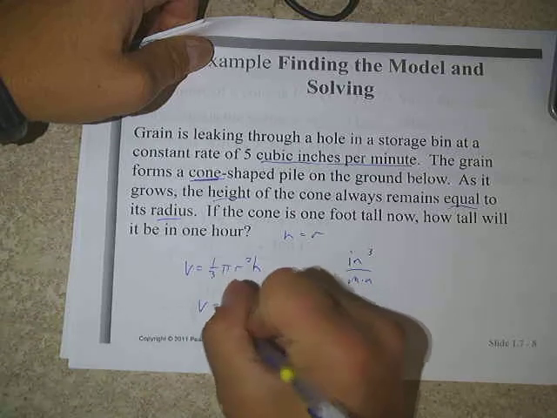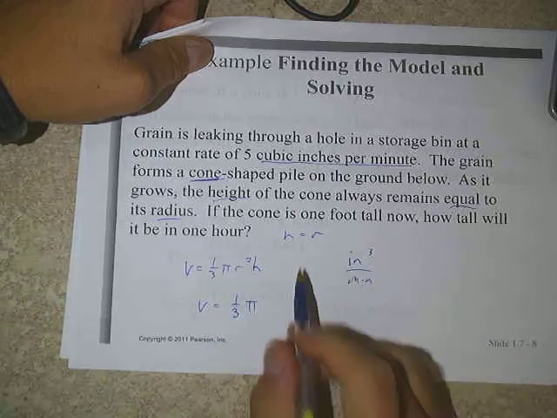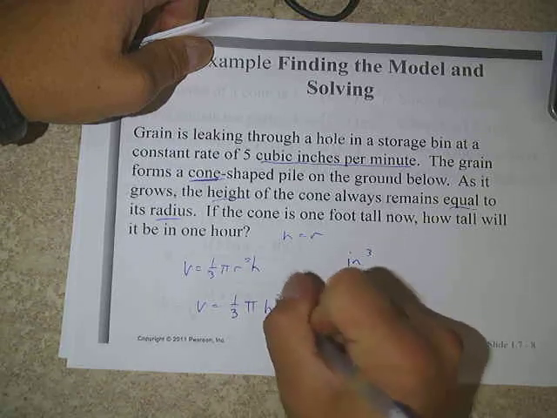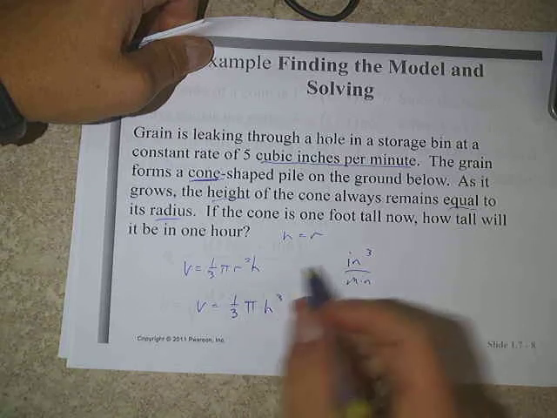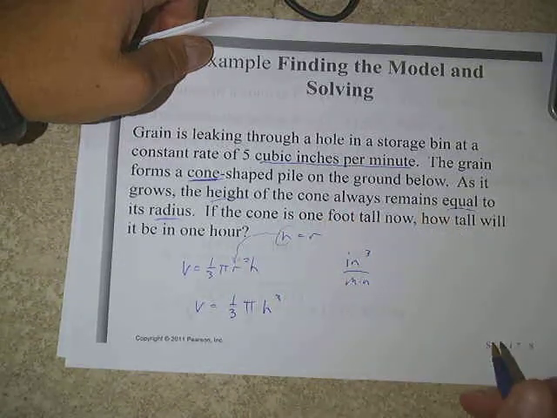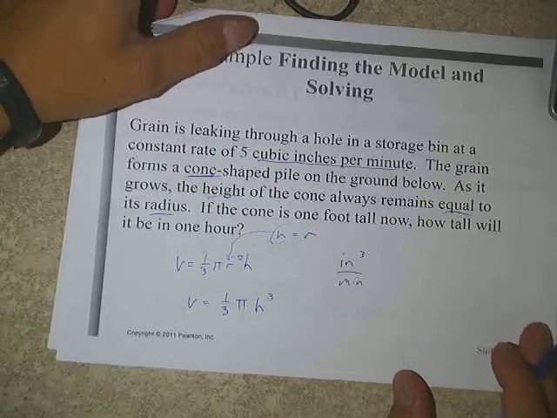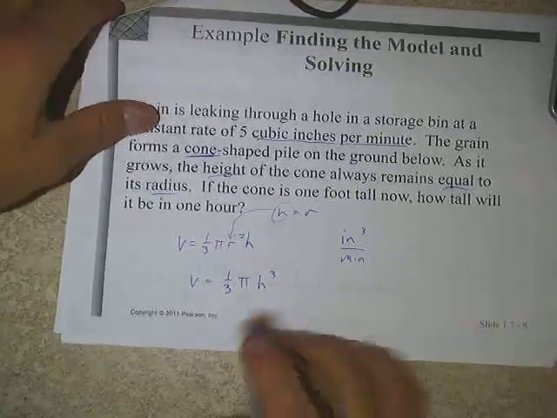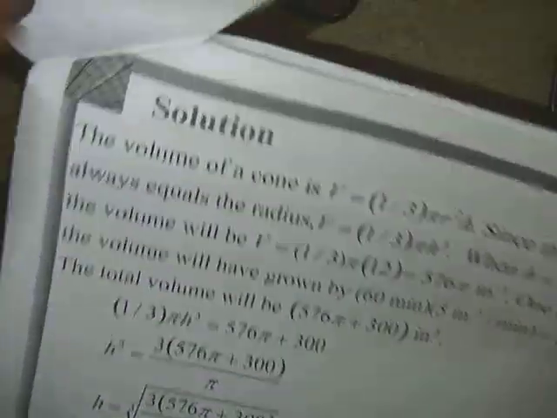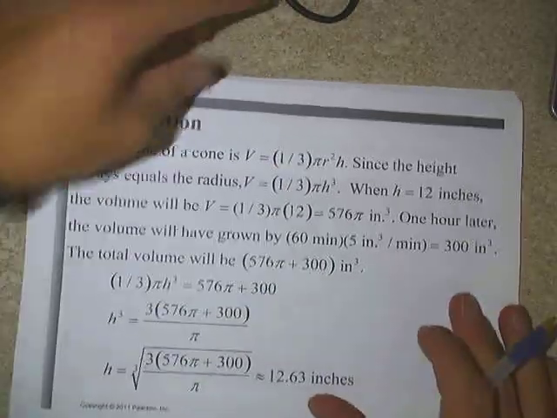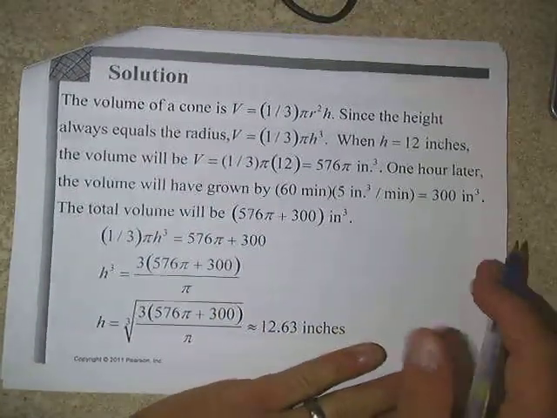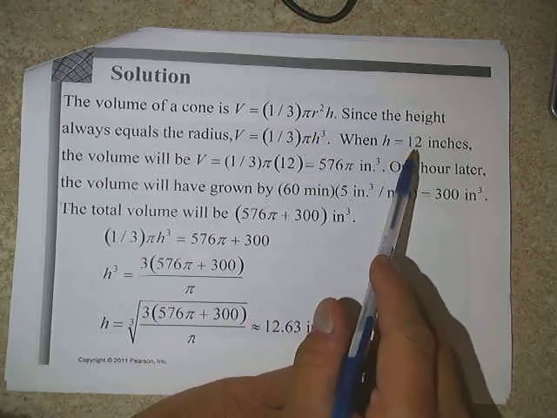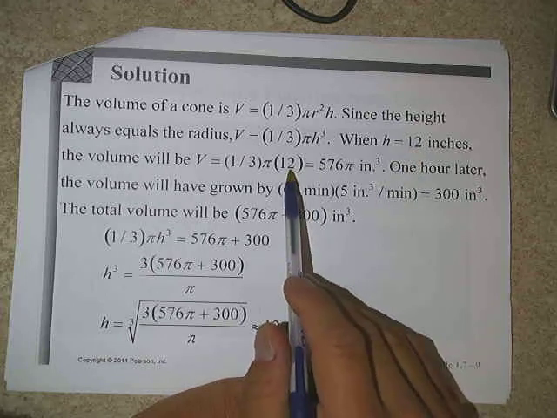But by saying the height is equal to the radius, that means that h is equal to r. That means that one of these I could substitute for the other. True? And again, I'm interested ultimately in how tall this thing is. So if I were to write that equation in h instead of in r and h, I could replace the r with h, and wouldn't I have then h cubed? Because I'd have h squared times h here. So I'm just taking that h, plugging it in for r, and now I have an equation that just has one variable in it, which is good, because now I could graph it if need be, and I could use it to answer some questions here. So with that equation,